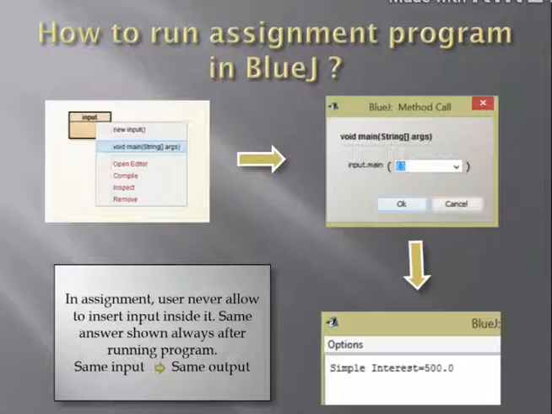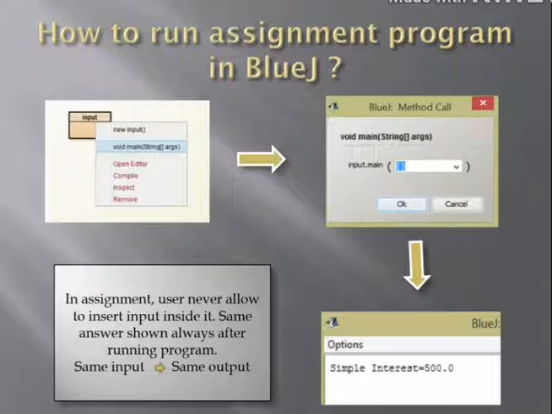Some other person who wants to see and run my program is the user. In assignment, the user, another person, is never able to insert any value as input. In assignment, only the programmer provides the value as input.